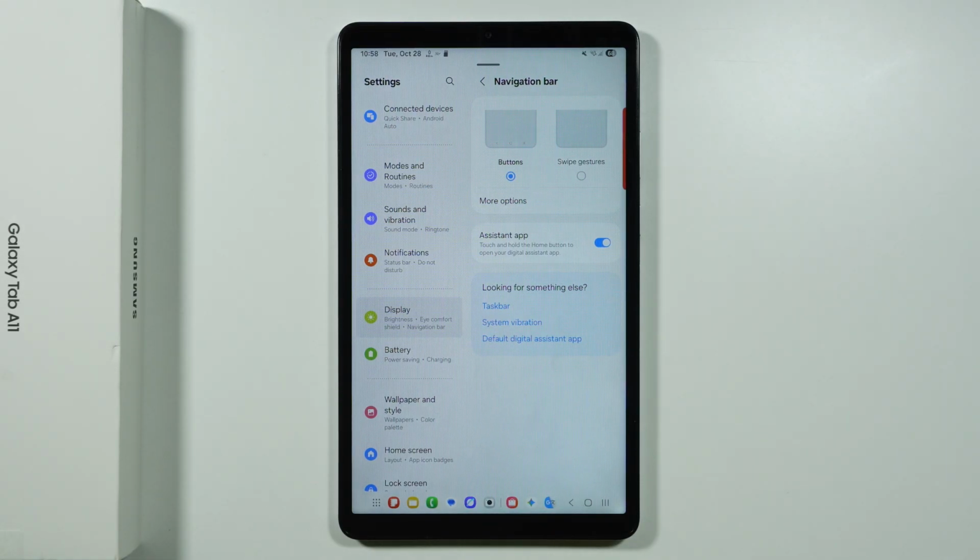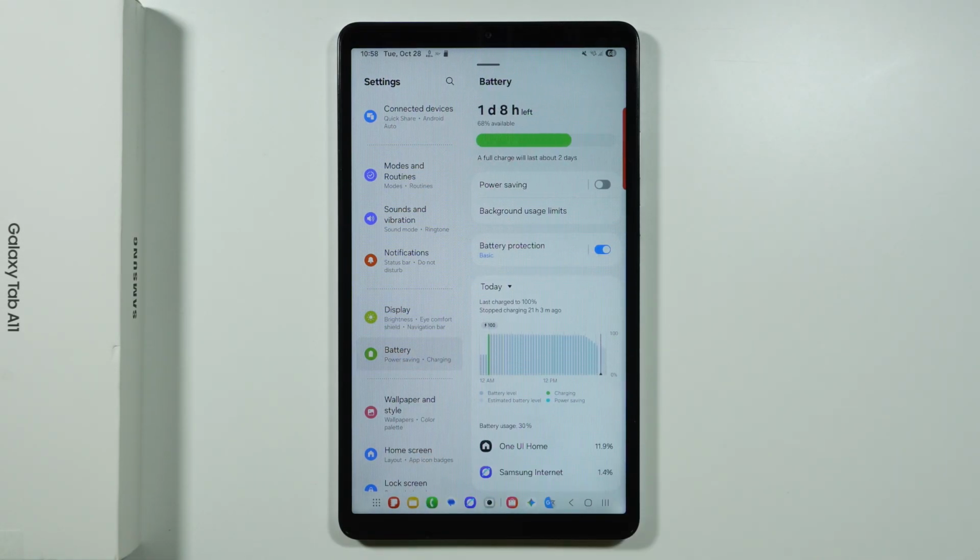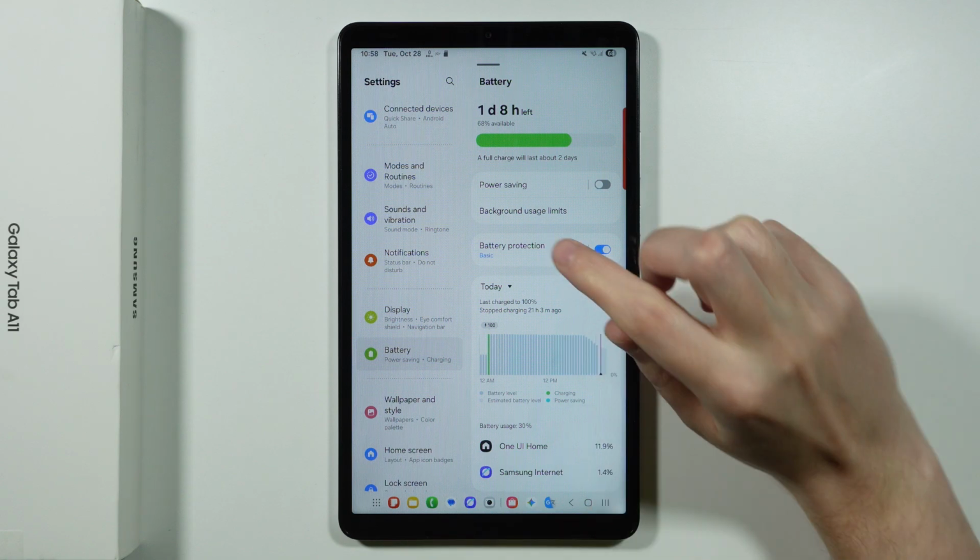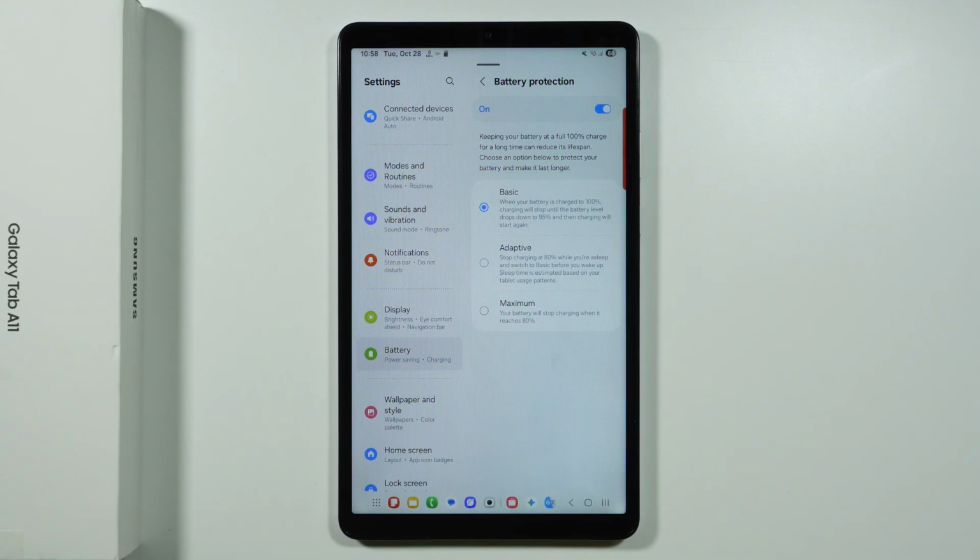Below display settings, we have battery settings, which can be also quite crucial to check out, because over here we have battery protection, which of course should be enabled if you want to protect your battery. Of course, if you find it inconvenient, then feel free to turn it off. However, ideally you want to use at least the basic battery protection, but if you want to save the battery or try to slow down the process of battery aging, then you probably want to change that option to either